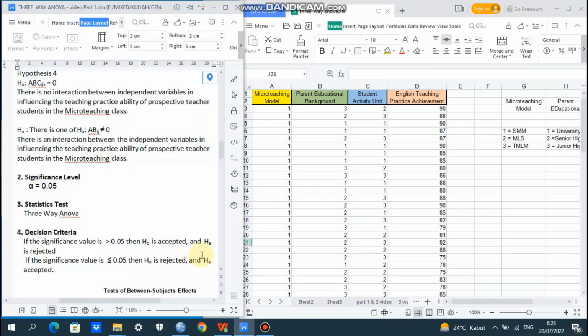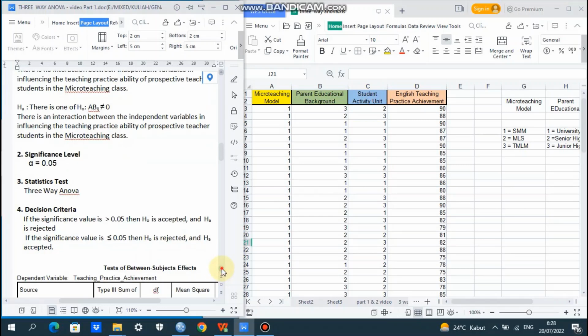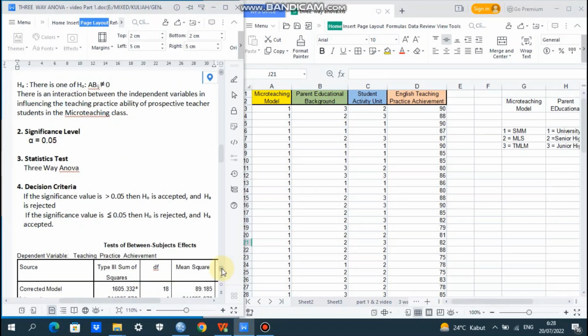So use three-way ANOVA. And then how about the decision criteria? Okay. If the significant value is more than 0.05, I repeat again. If the significant value is more than 0.05, then